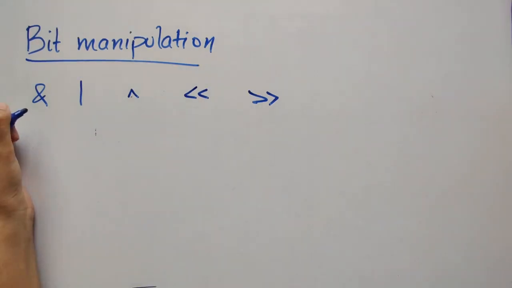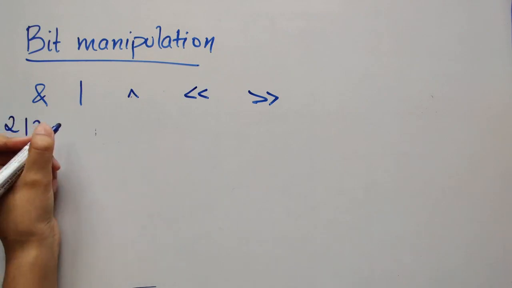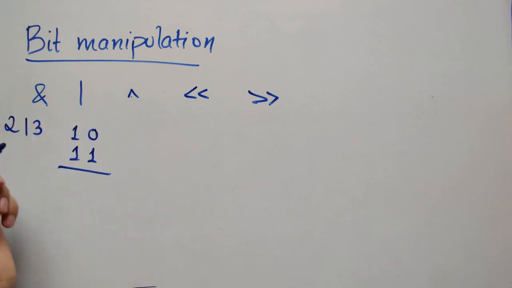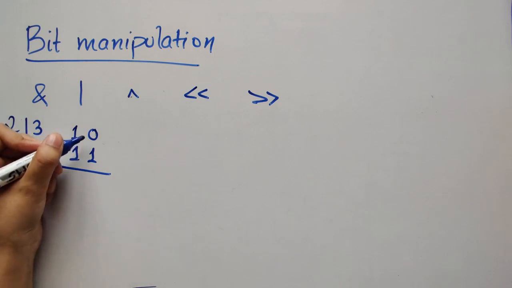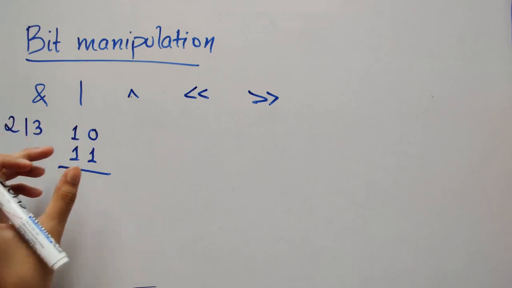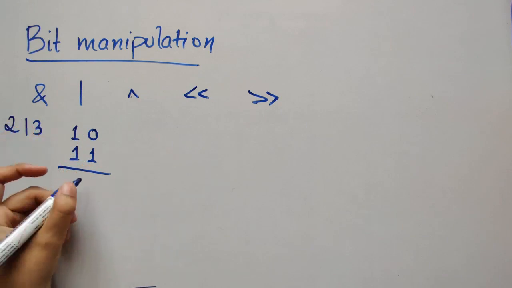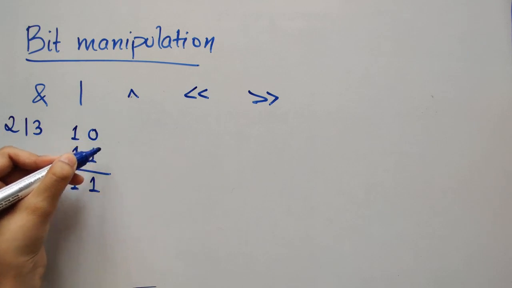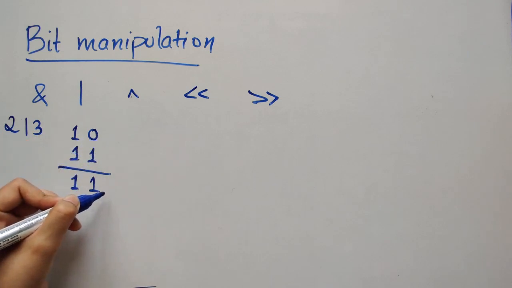Now let's understand bitwise OR. So we have 2 and 3, 2 | 3, we'll take it as the example. 1 0, 1 1. If I were to do bitwise OR, what that means is, if either of the bits is 1, then the result is 1, otherwise it's 0. So therefore 1 1. Only if both the bits are 0, only then it evaluates to 0.